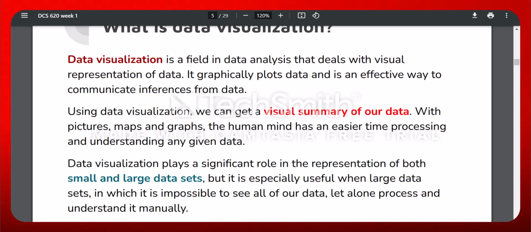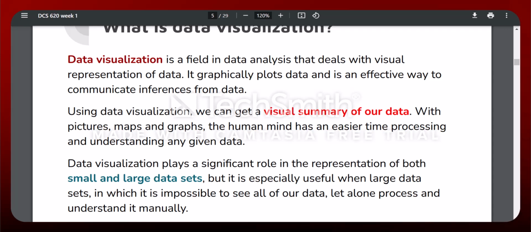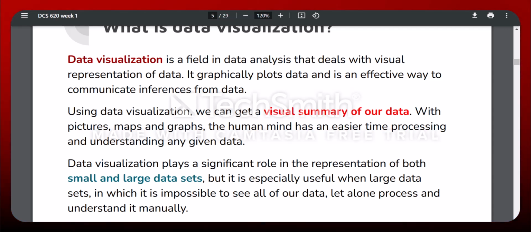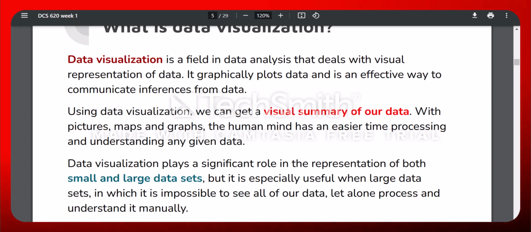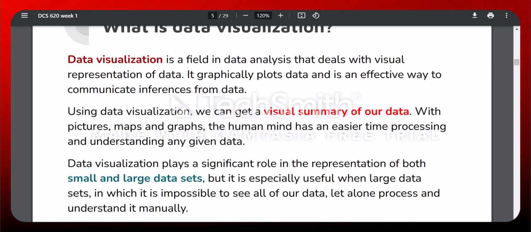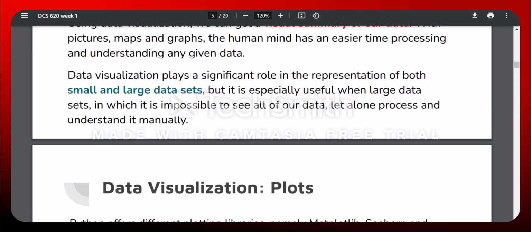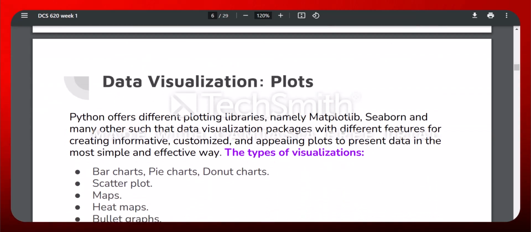Data visualization plays a significant role in the representation of both smaller and large data sets. Because sometimes we do have small data sets, otherwise it can be large. But it is especially useful with large data sets in which it is impossible to see all of our data, let alone process and understand it manually. All right. Okay. So in Python,